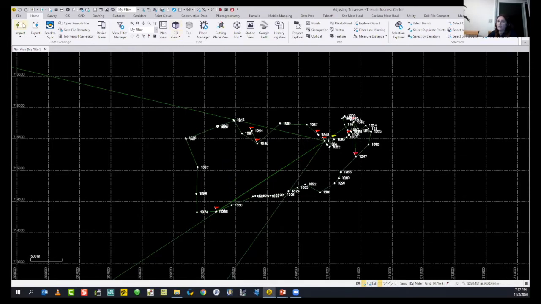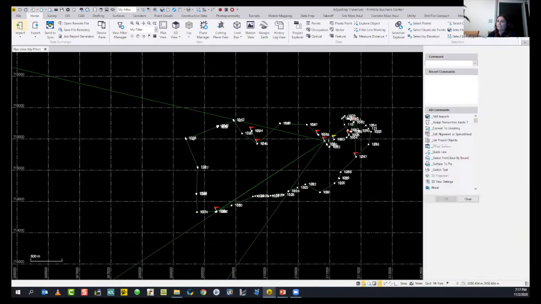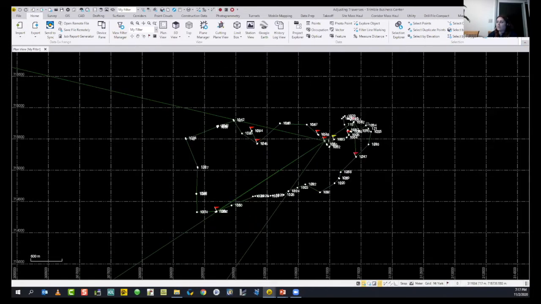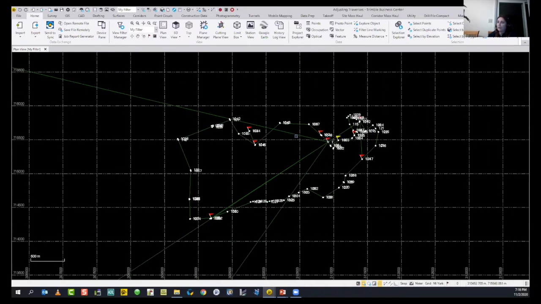Then you can use the Import button to bring your data into your project. TBC is quite practical software, so you can basically drag and drop your file, like a CSV file, your DAT level file, or JXL, JOB files. And there are many extended formats that you can use. After you bring in your data, you can view it on the plan view, and you can also change the project settings.